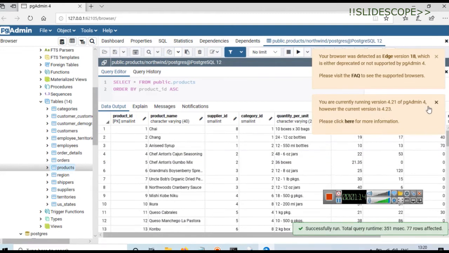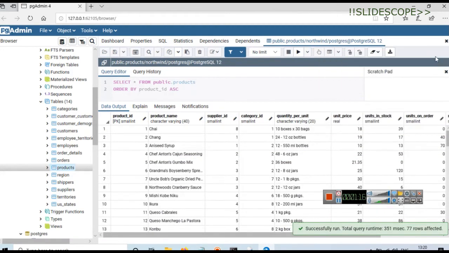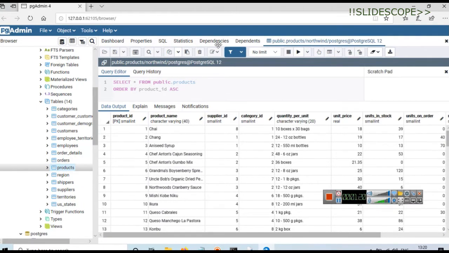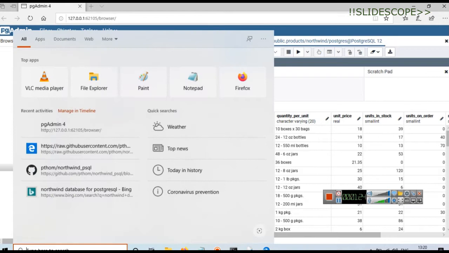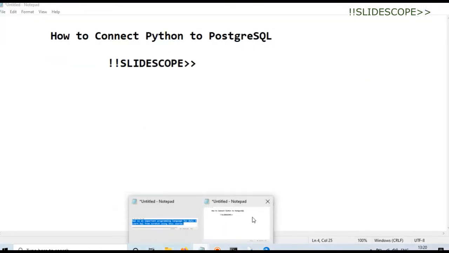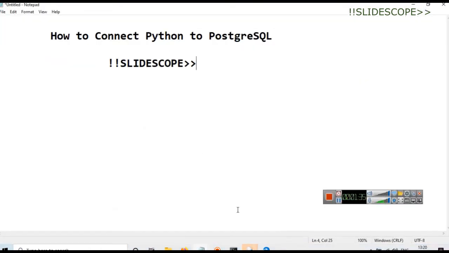You can see that this trading company has these products, and we will try to connect this database with our Python. We will run Python using the IDLE IDE. IDLE is an IDE of Python, and using this IDE we can run Python code. You can use an IDE of your choice.